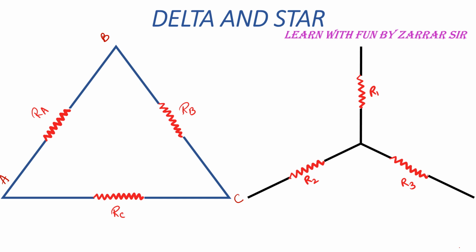which is shown over here, and let's name these nodes A, B, C and D. Now you have four nodes with you. We call such a configuration a star. So there are two types of configuration, delta and star. Today we'll be discussing how to convert delta to star and star to delta. And in the next video, I'll be uploading one problem related to such configuration. So let's start with delta to star configuration first.